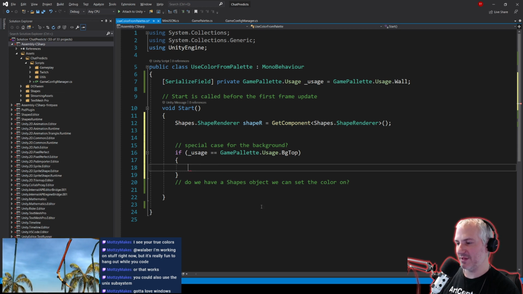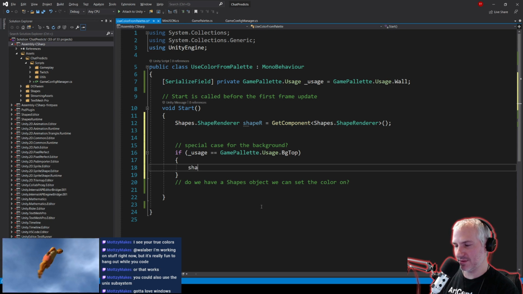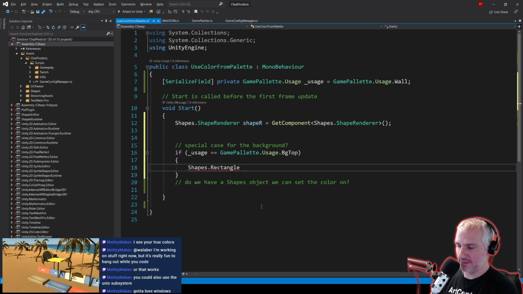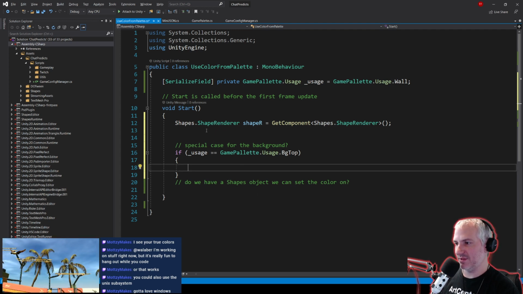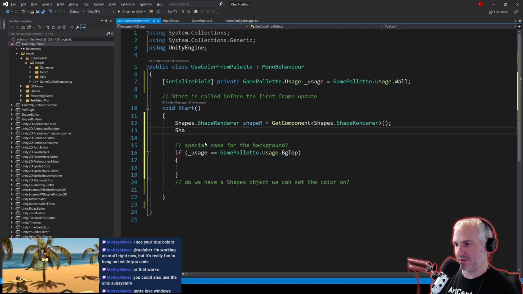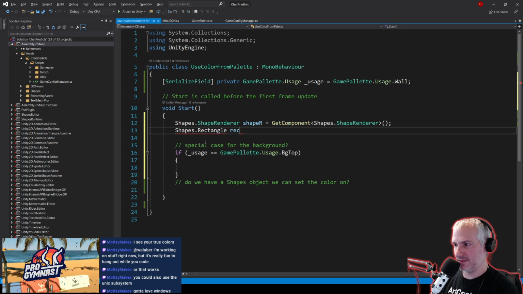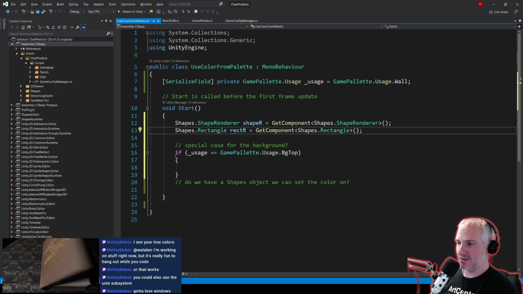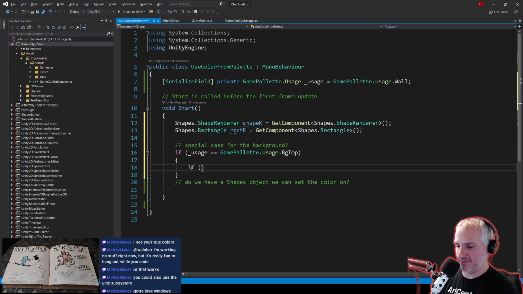Yeah, so what we would do here instead is we would say shapes dot rectangle. We could actually do that here, right? Shapes dot rectangle, rectangle renderer, get component shapes dot rectangle. So if it's BG top, and then be like, if the rectangle renderer is non-null, then